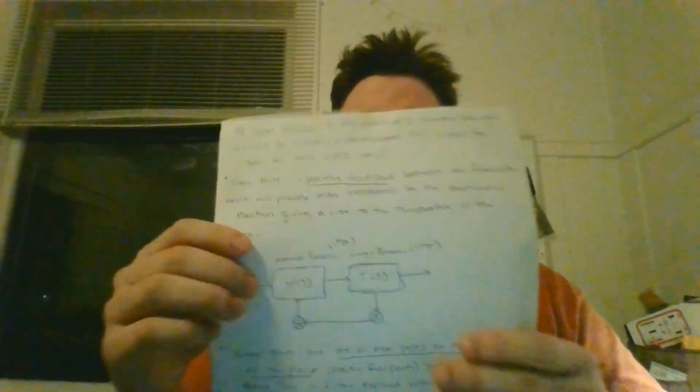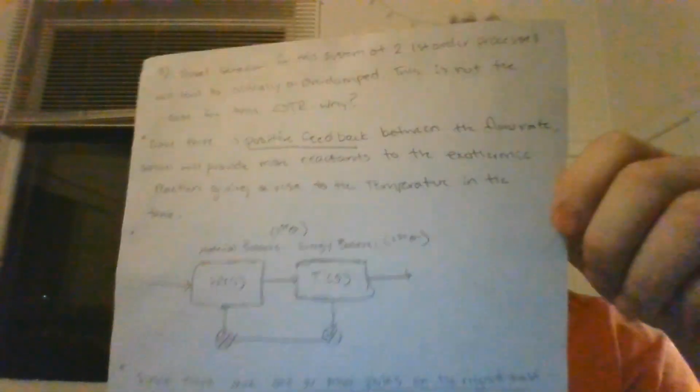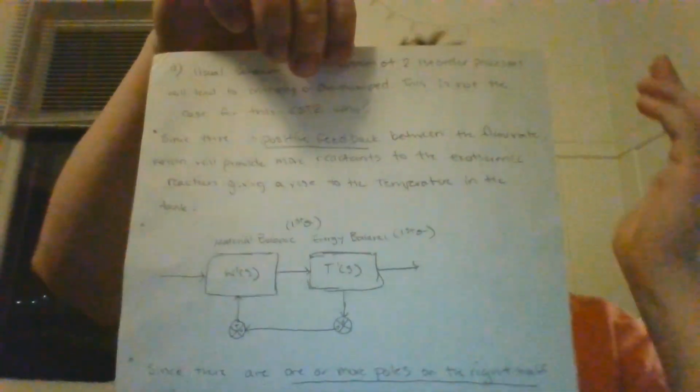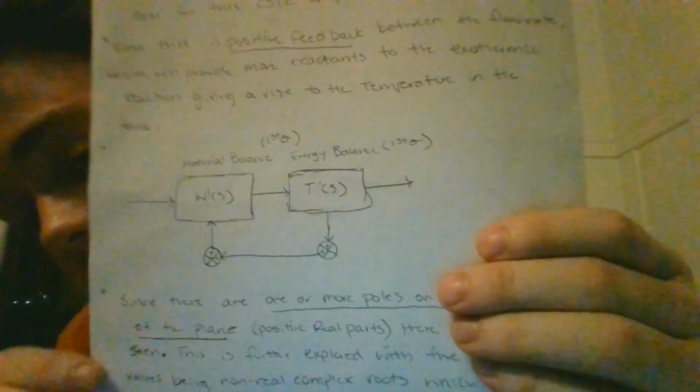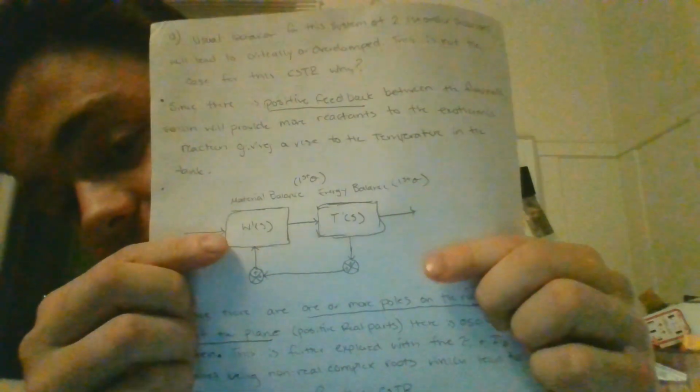With this exothermic reaction inside of the reactor, there's multiple things that are taken into consideration. First of all, with this type of oscillatory motion, the type of response that is normally projected is a critically or overdamped system, and in this problem this is not the case. This is due to there being a positive feedback between the two first order relationships of the material balance, which